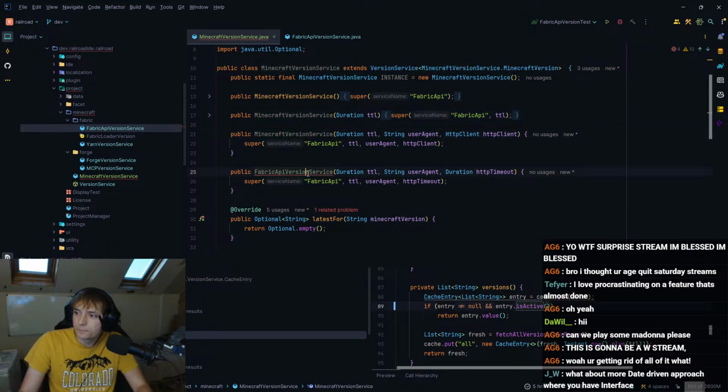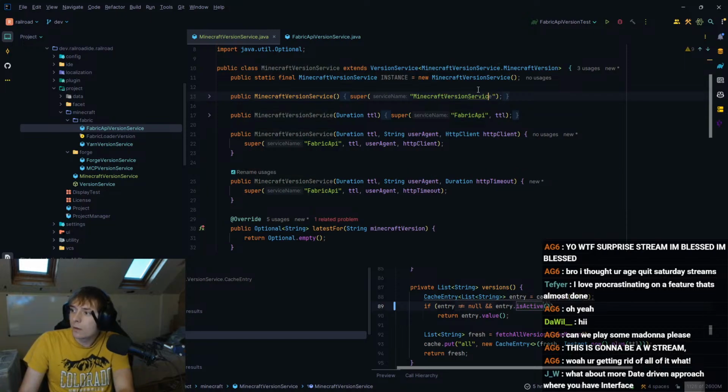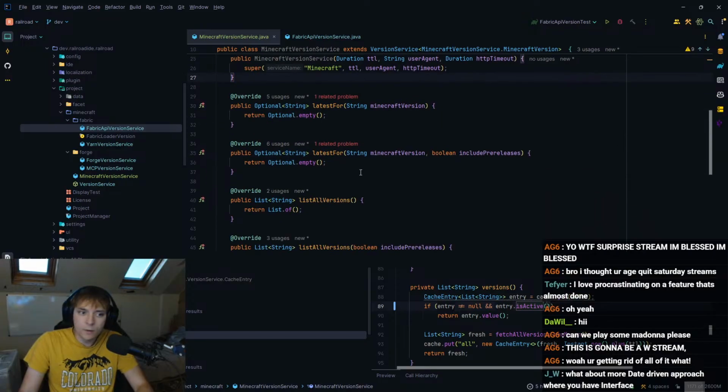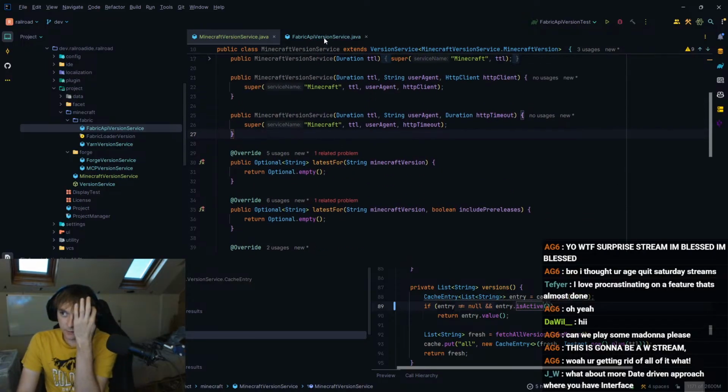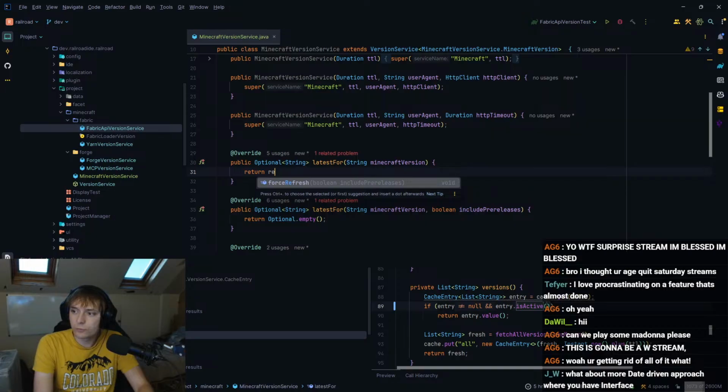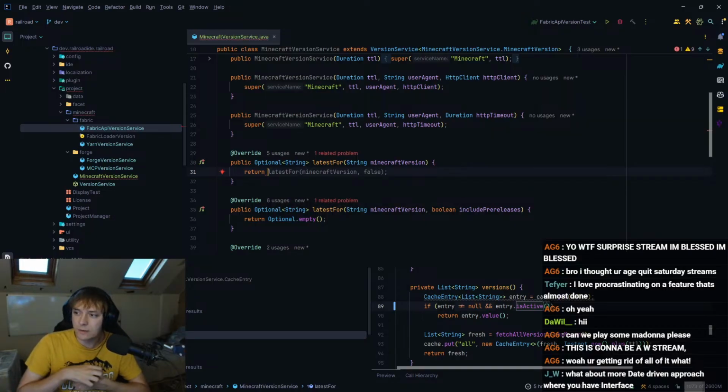So that would just be Minecraft. Okay, now latest 4. I'm going to bring this to my other monitor actually, because you guys don't need to see this. So latest 4 will just, this actually isn't going to work because this kind of uses the Minecraft version.